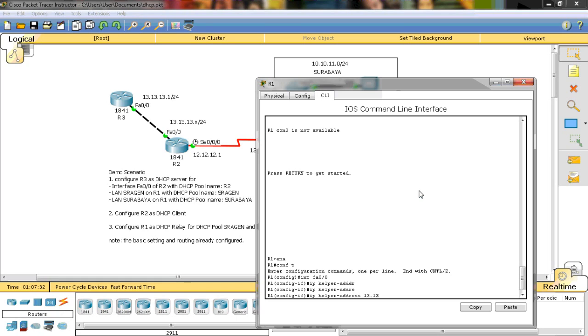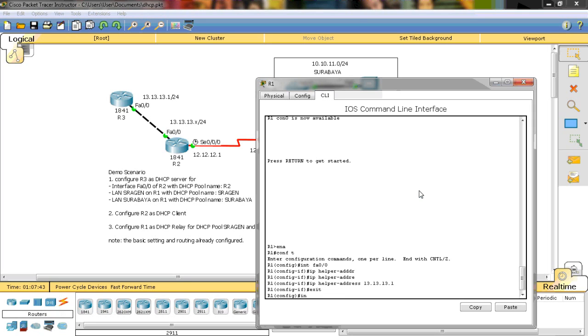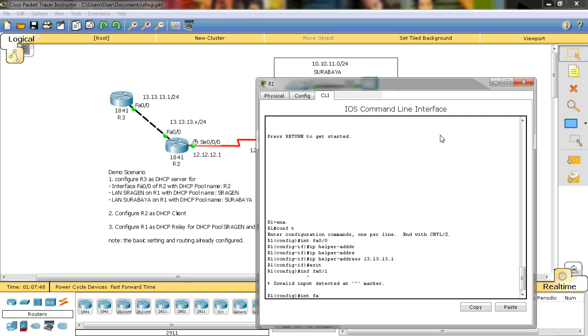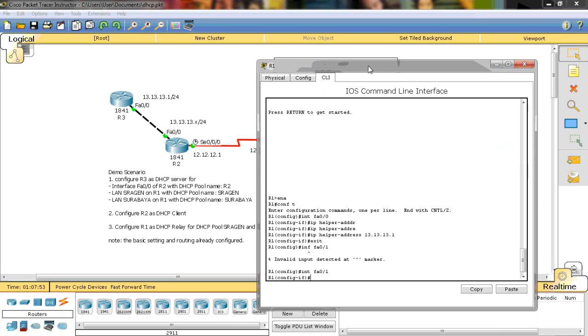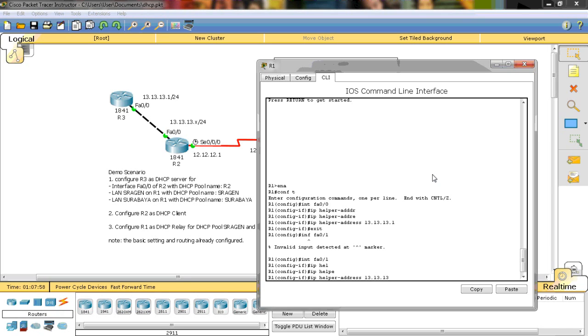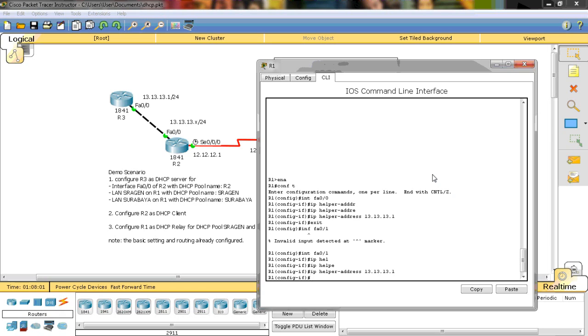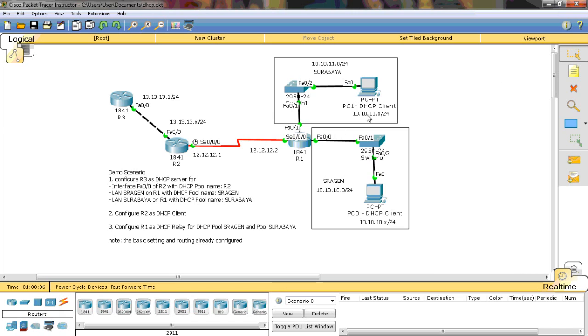Okay, we just put the DHCP server address, like in here is the R3, 13.13.13.1, and we move to interface FA0/1. This is the LAN interface for the Surabaya. So ip helper-address 13.13.13.1. Okay, we already configured it.